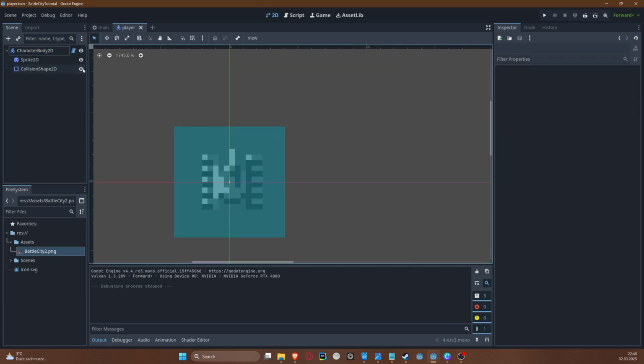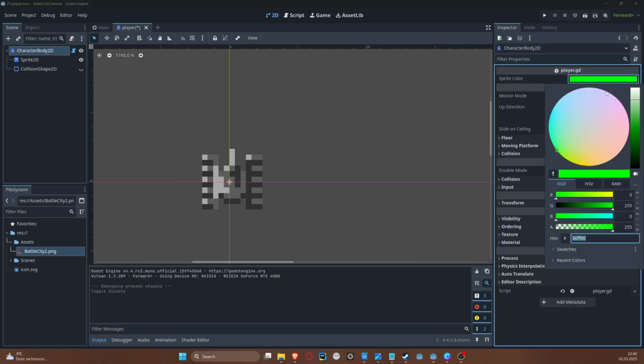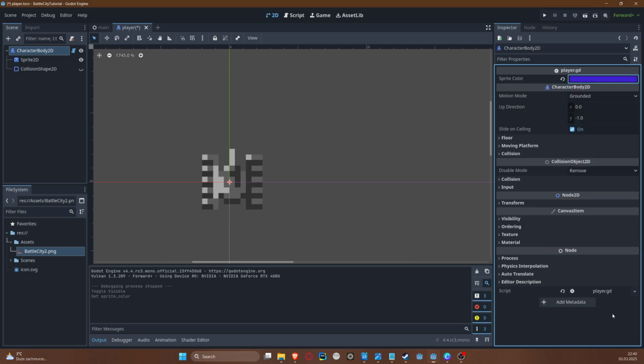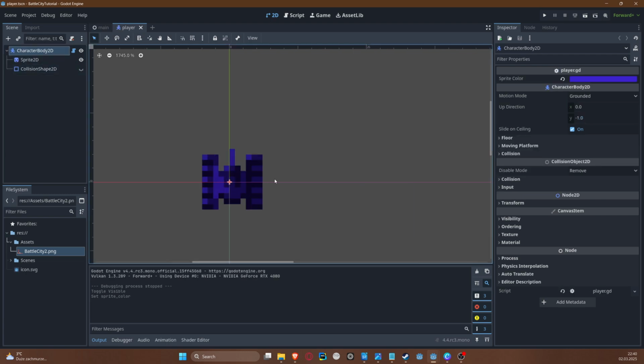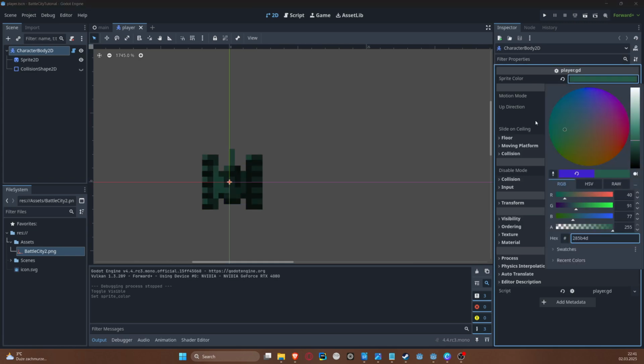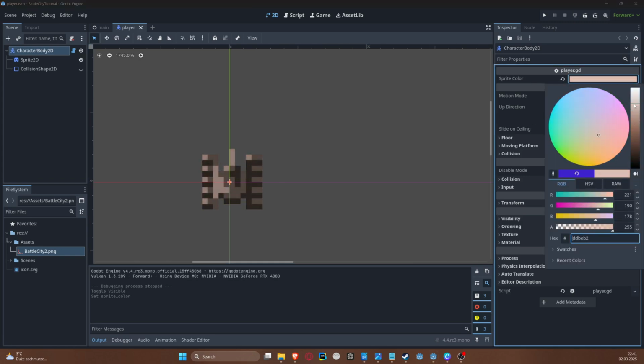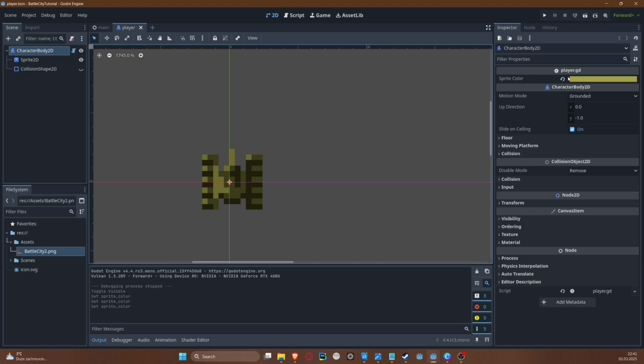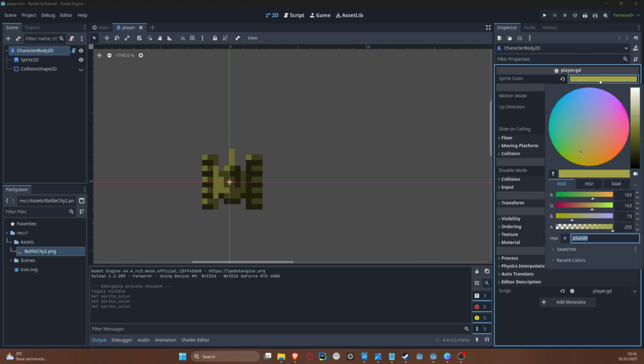in our character body, let me disable that. If I try and change this to any other color, and close and reopen the scene, as you can see, it gets applied, right? Also, if I would like to see how it would look as, I don't know, maybe a little bit gold. I'm not sure whether this is gold. Let's consider this gold, right? I can see it already being changed on the fly,